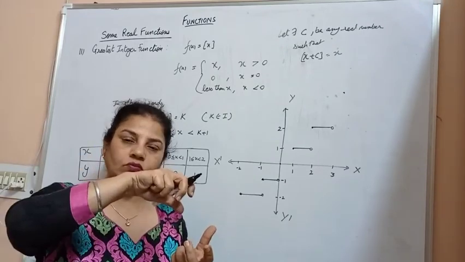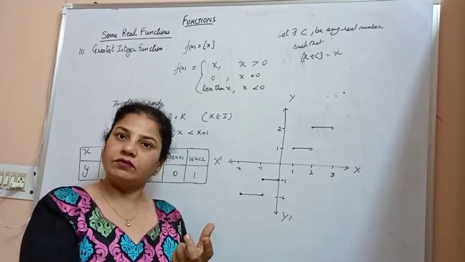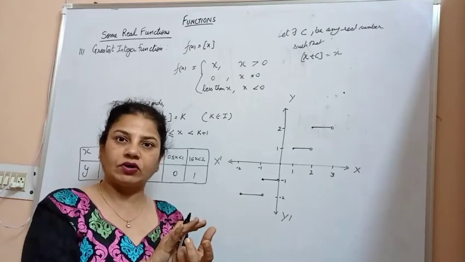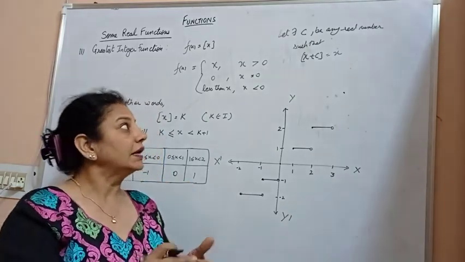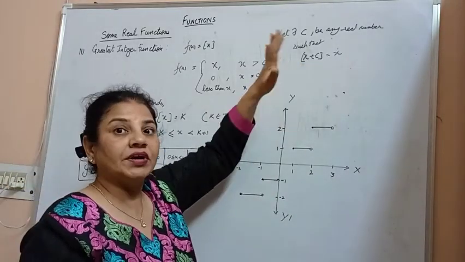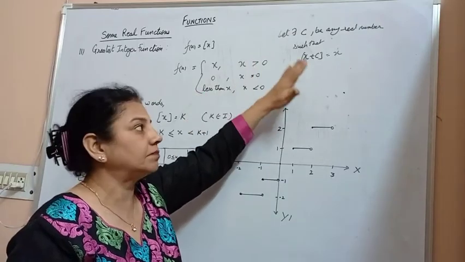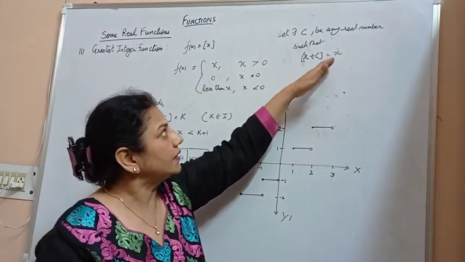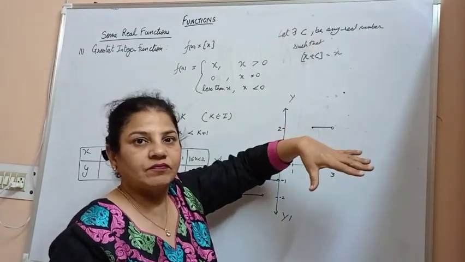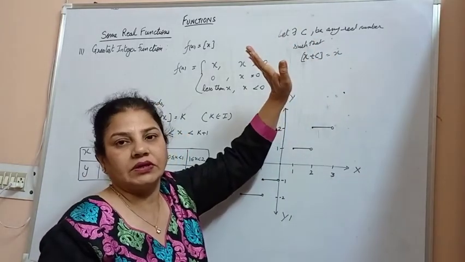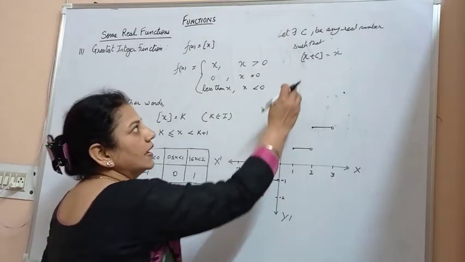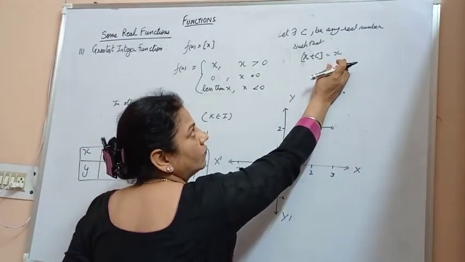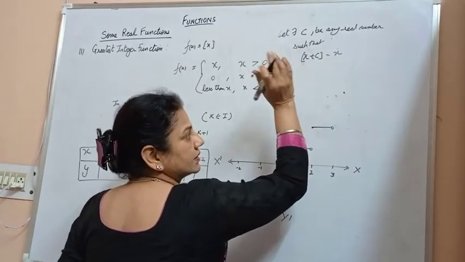If you pour some more water, what will happen? The water falls down, because the glass is already filled with water. In this case also, when x is already full, it is the greatest integer, and when you add some more number, what will happen? That extra number will fall down and you will be left with x only. So we can say that x plus c gives you only x. So for the greatest integer, we get the value x.